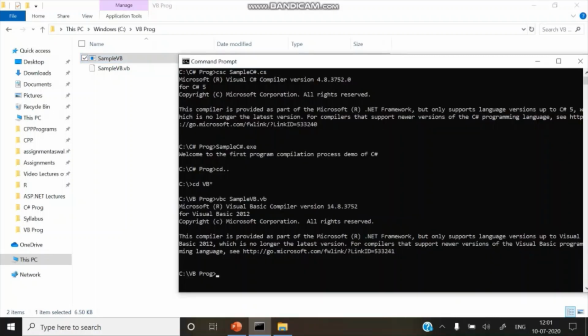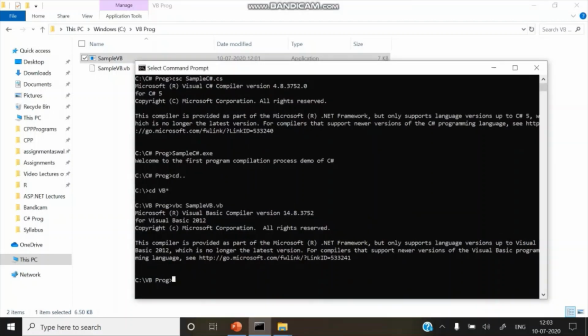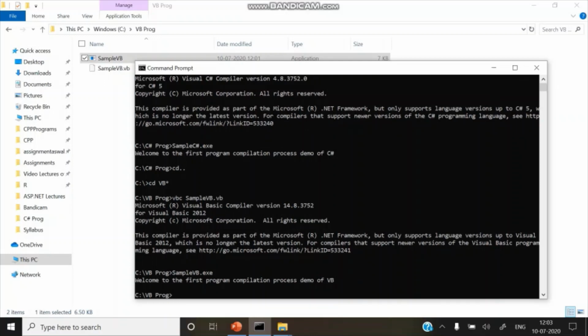For executing this MSIL, you require the just-in-time compiler. Just type sample VB .exe, the MSIL file, and press enter. You will get the output of the VB code also: welcome to the first program compilation process demo of VB. So in this way, we have successfully achieved